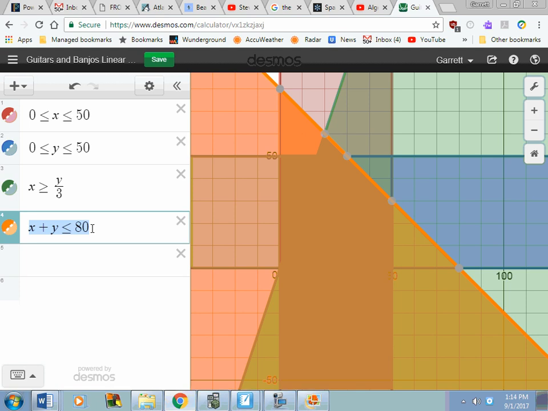I had on the left-hand side, I had 0 is less than all that. It gave me an error, so I didn't have to bother with the 0, and if I got rid of it, it started to understand what was going on. So the other part with Desmos is it's shading in, and there's overlapping shading, and it's kind of hard to see what's going on. So let me go back,